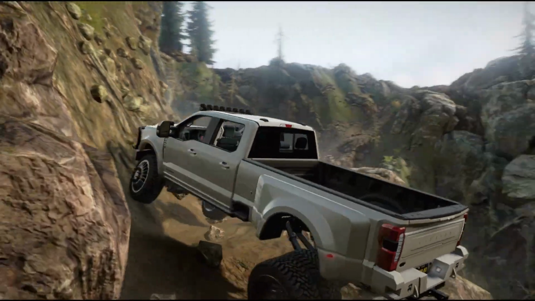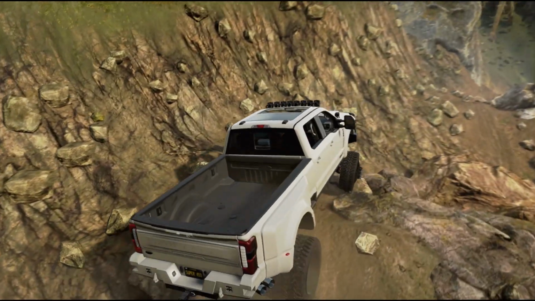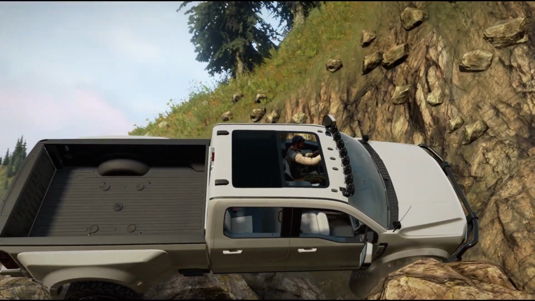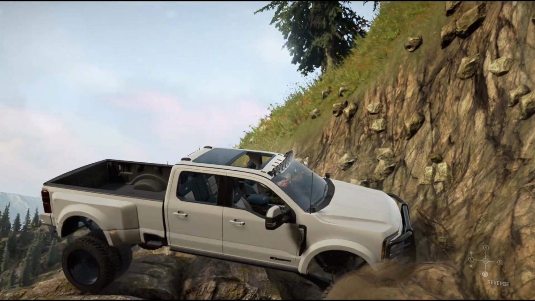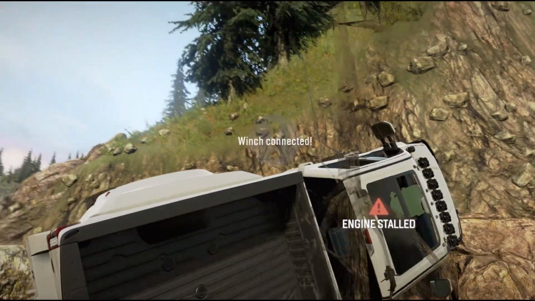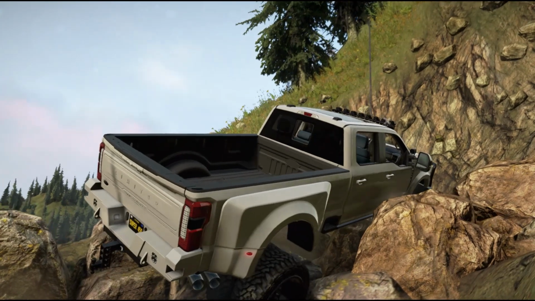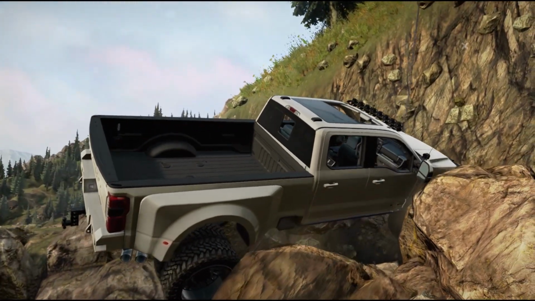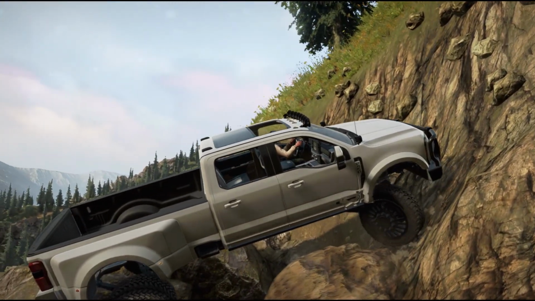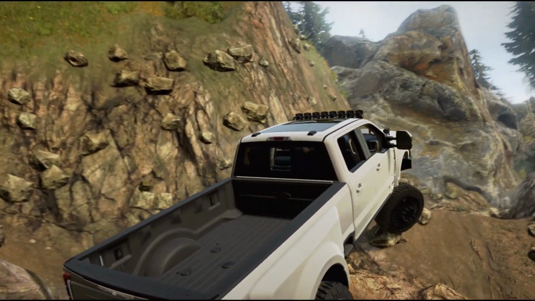Honestly, with what I've seen in terms of Expeditions gameplay and having played the preview build, I think one thing that we are definitely going to see a lot less of is trailers and heavy-duty trucks.